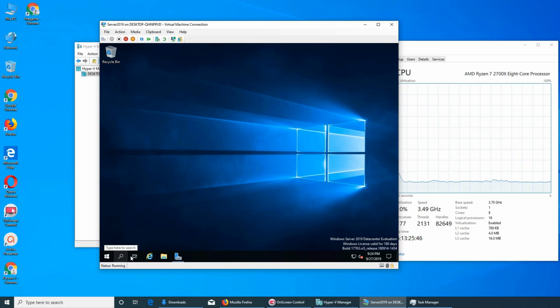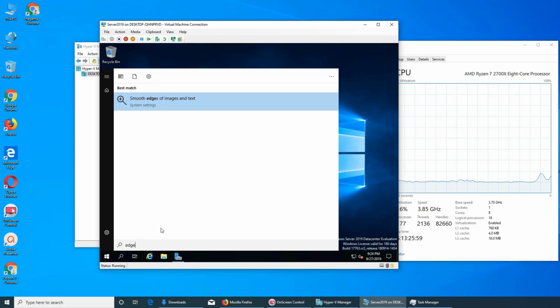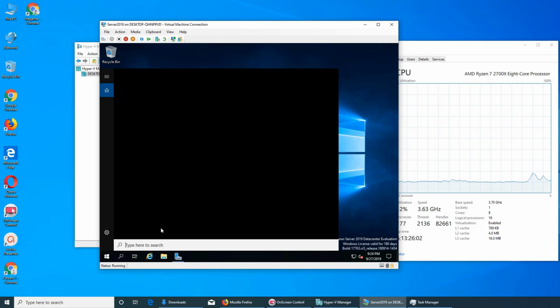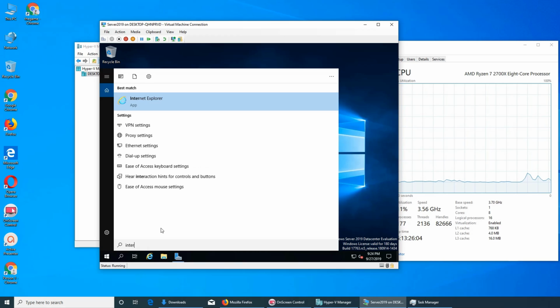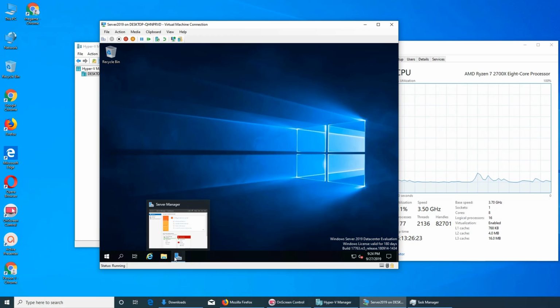Alright, so what's this one? That's the File Explorer. That's Internet Explorer 11, and it's not Edge. Do we have Edge in this one? We can try to see Edge. No. Okay, so it has Internet Explorer, but it does not have Microsoft Edge. VPN, proxy, all that. Where's the Active Directory? Active Directory. Nope. So I think you have to go with, oh yeah, Server Manager,